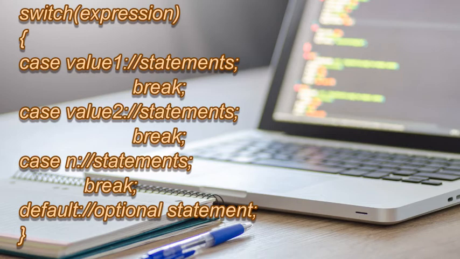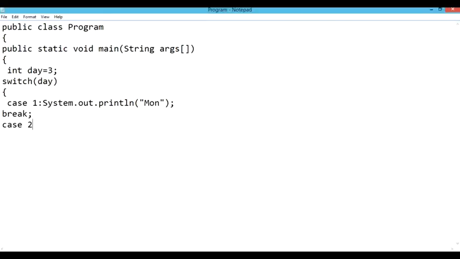After that, you can see I have written case value 2, then I have written a default, and then a number of cases, whichever will be included. There can be n number of cases based upon the output that we want to print. This is the purpose of using a switch statement when we need to work upon some cases. Now let us look at the switch statement with the help of an example.